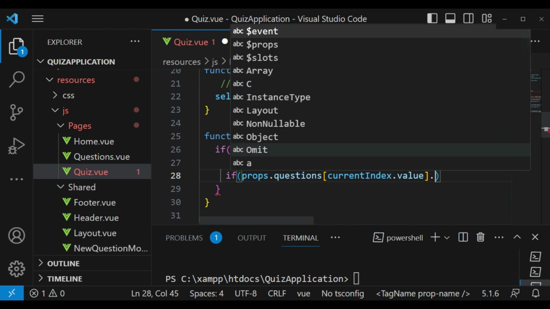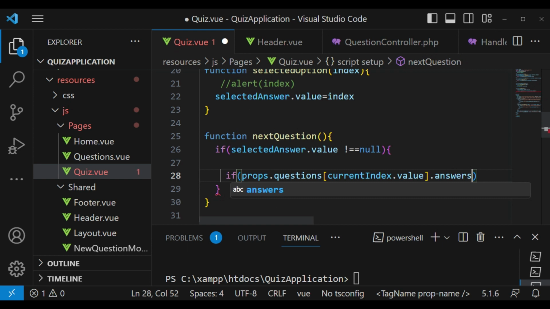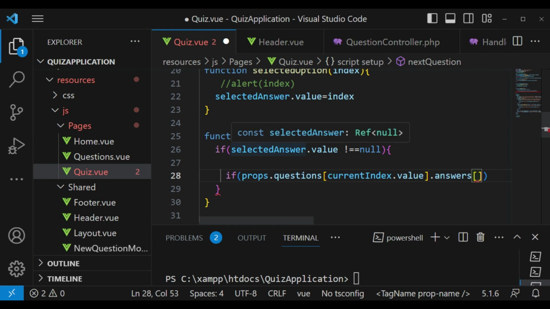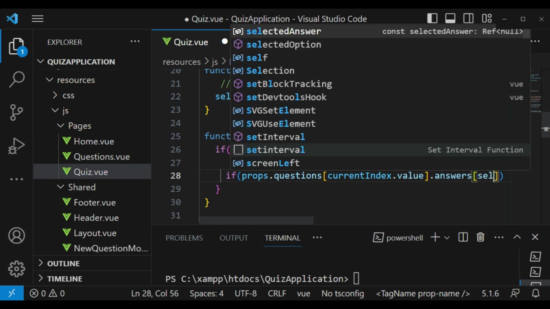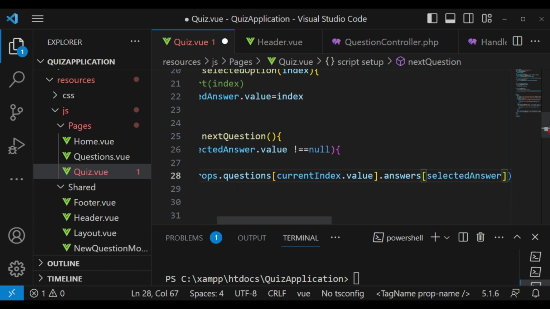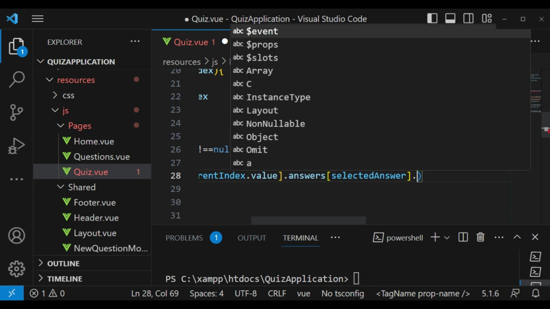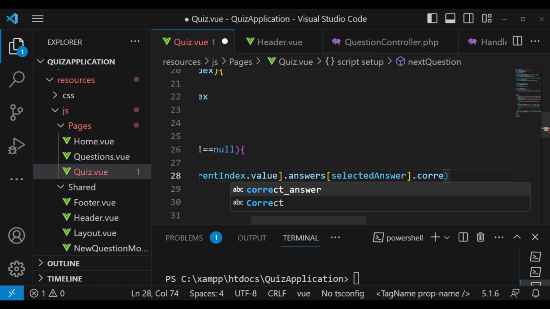And then I want us to check the answers related to this question, where the index is this selected answer. So answers, then selectedAnswer, but we are going to check whether it is correct or not. So I'm going to say .correctAnswer,